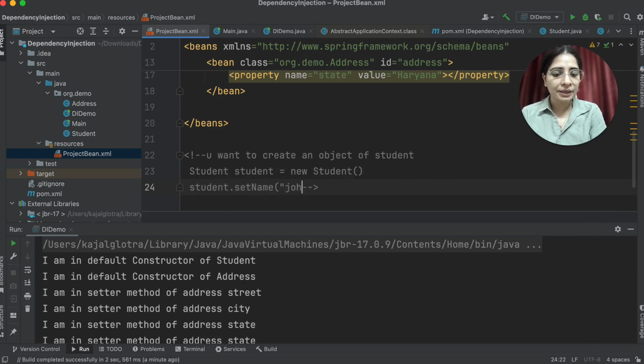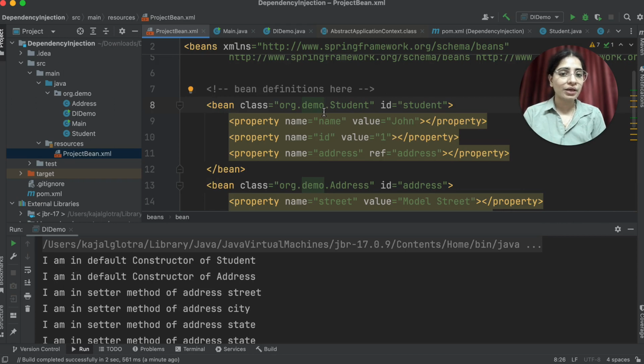So similarly, Spring is also creating beans like this. Spring does not use parameterized constructor internally. That's why default constructor is mandatory whenever you are going to create a bean. The bean is getting created by the help of default constructor. So there is no difference between object creation and bean creation. The only difference is objects are maintained by us, but beans are maintained by Spring.